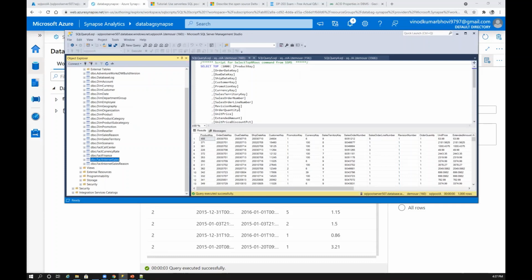Important aspects, I'm just trying to repeat it again. The fact table will have more data, the dimension will have less data. And using primary keys and foreign keys, we are going to join the data to display it, because all the contextual information lies in the dimension. Let's go back to my slide.